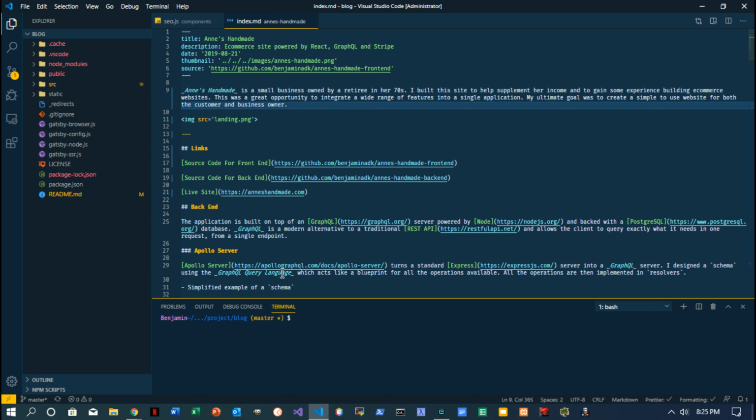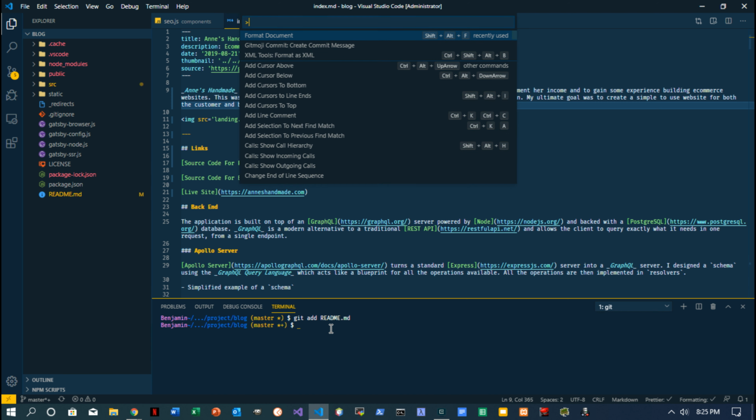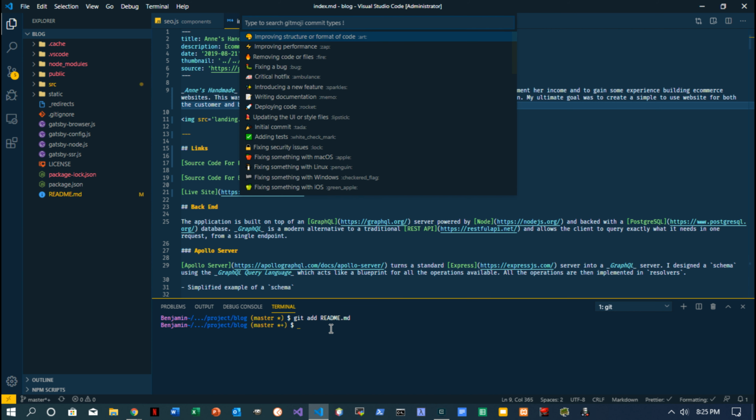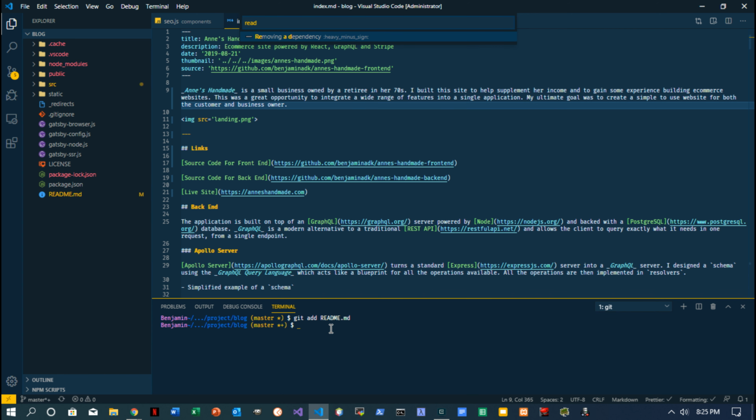So it's pretty cool. And when you want to make a commit, say I have a repo and I want to make a commit, I could add, and then create a commit message here, and then automatically my extension pops up. I'm changing the README, so I just try to search for that, documentation maybe. Okay, writing documentation. So I just click that and it saves that emoji for me, and I can just type in, okay, update